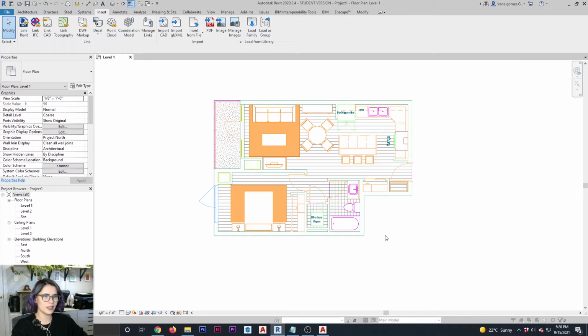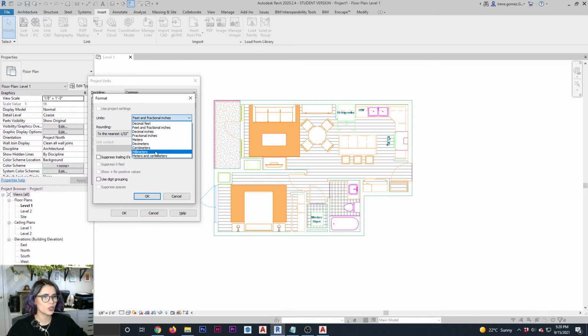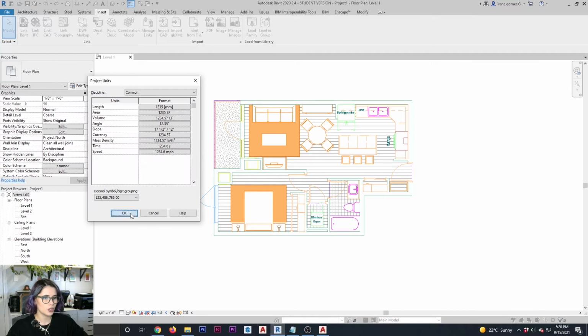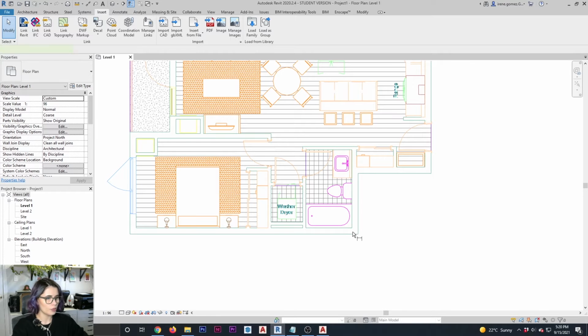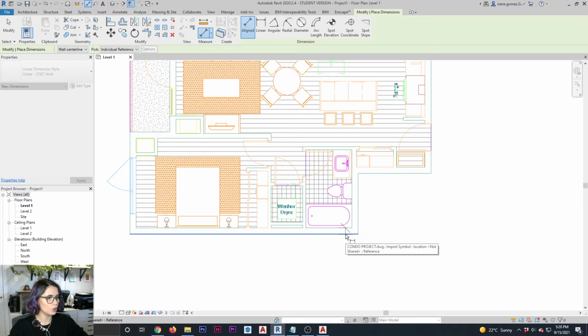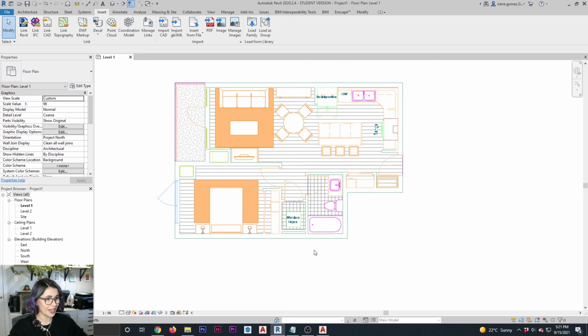The unit system is set to Imperial, so I'm going to quickly open my project units, which you bring up by pressing UN on your keyboard, and then click here under Length and switch to millimeters, just so we're working with the same units. And now I'm going to bring up the measurement tool, quick key DI, and check my dimensions. Cool. So that's it. Pretty much you're done. You can now start drawing.